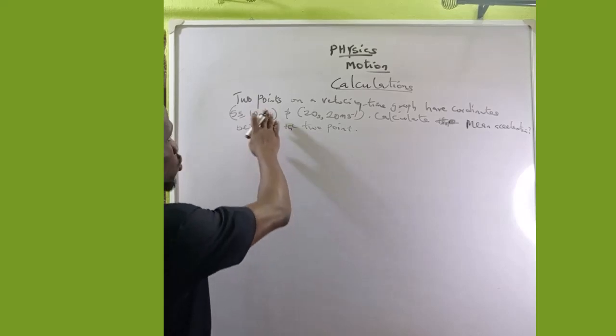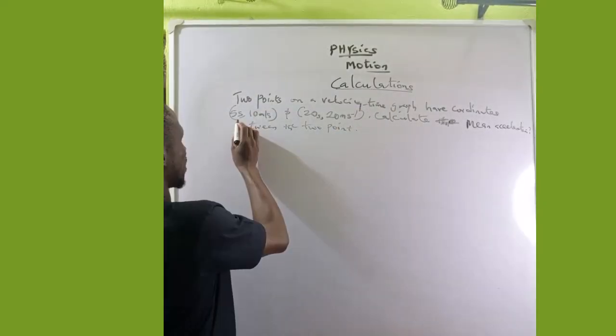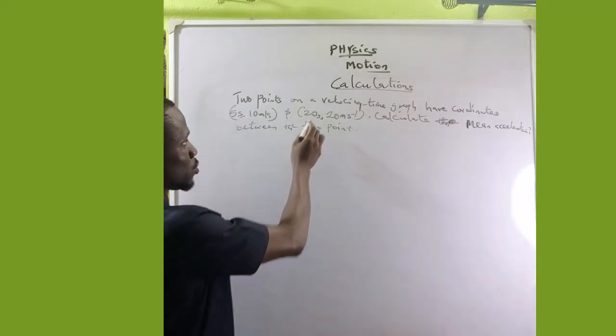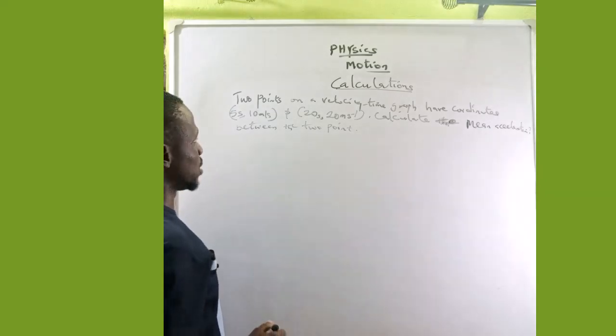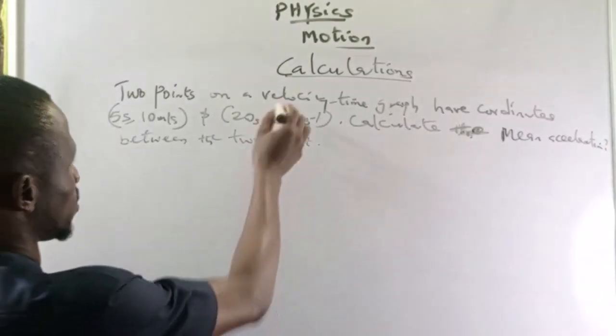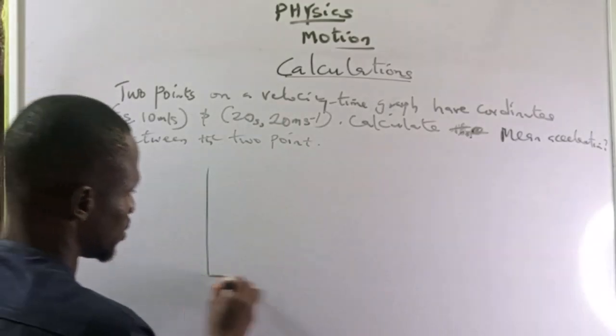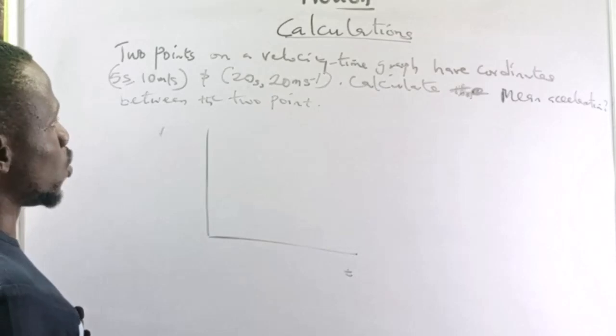Let's solve this question. Two points on a velocity time graph have coordinates (5 seconds, 10 meters per second) and (20 seconds, 20 meters per second). Calculate the mean acceleration between the two points. Remember, this is a velocity time graph. Velocity is here, and here is time, is it not? When you have a coordinate,